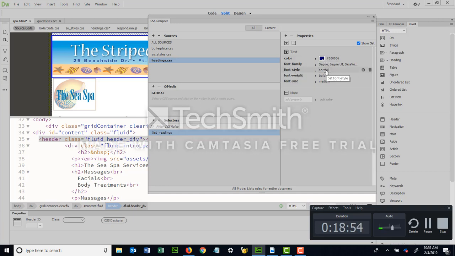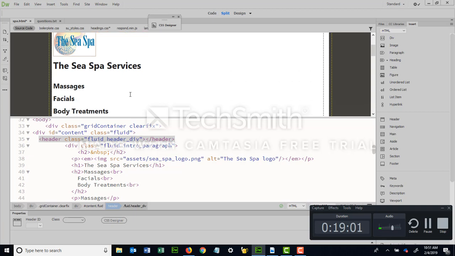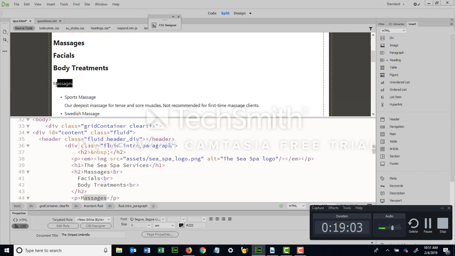Okay, apply a rule. So now I've created the rule called list headings. I've got my properties and my values assigned. So now I'm going to actually go ahead and apply it. So I'm going to apply it to my headings. So I'm going to hit massages. And now I need to jump back